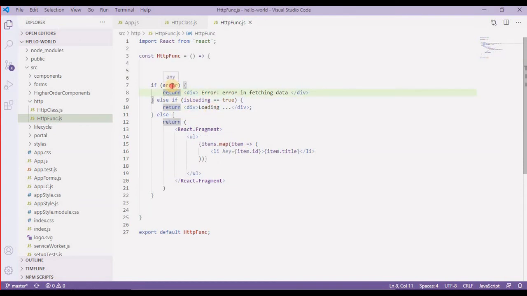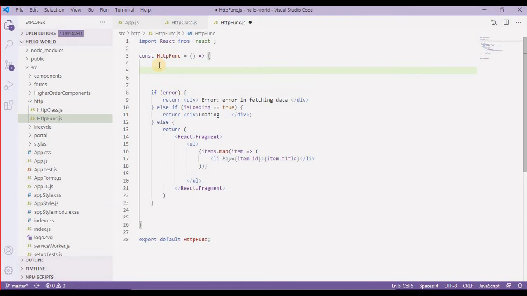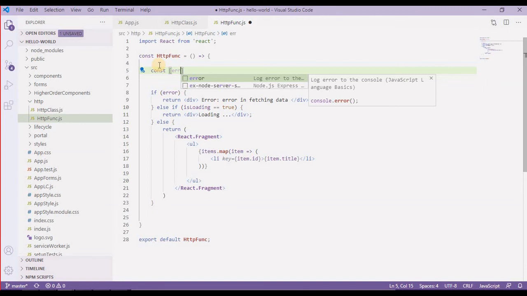Alright, now we have to define this error or isLoading or the items in our function, as we are not using a constructor over here. So I'll simply take some variables over here, like constant error.